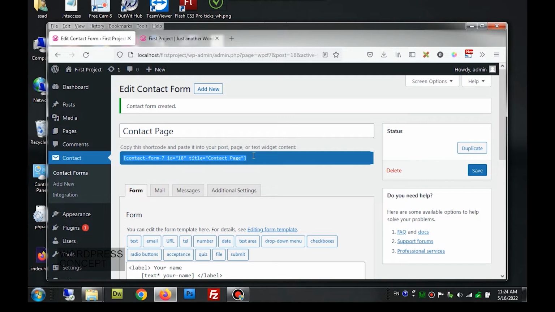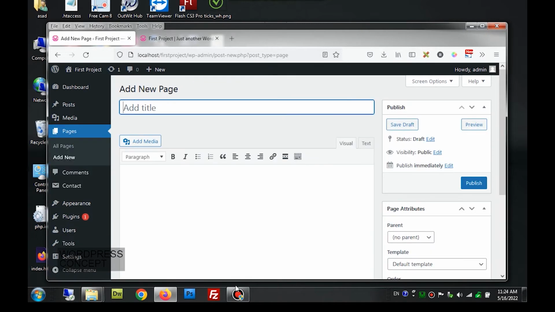Now to have this form on the page, we will have to create a page. So we will go for pages and add new, and we will add a new page. Here we have this new page open. We will give it a name. The name will be contact us, and we will include that copied shortcode here,